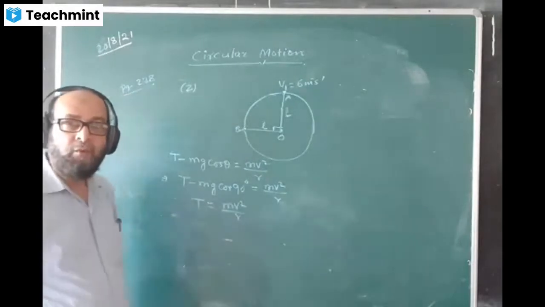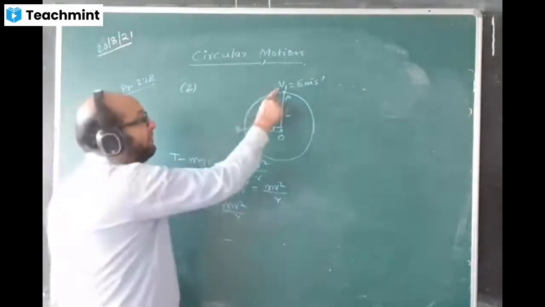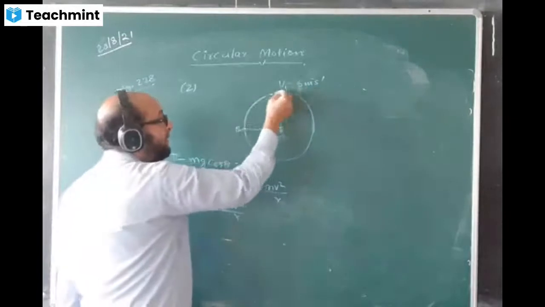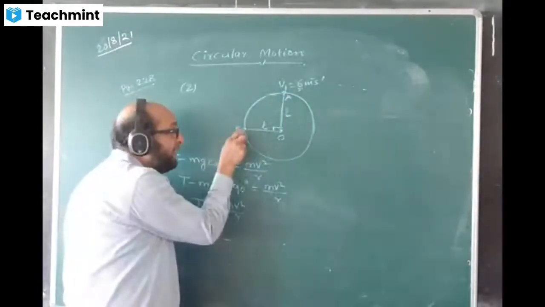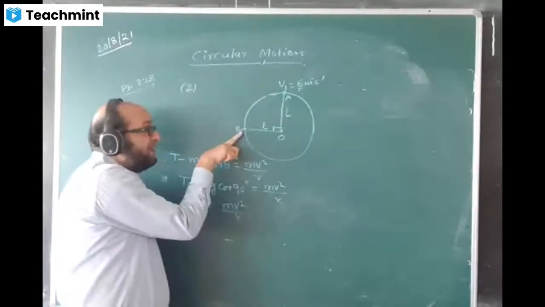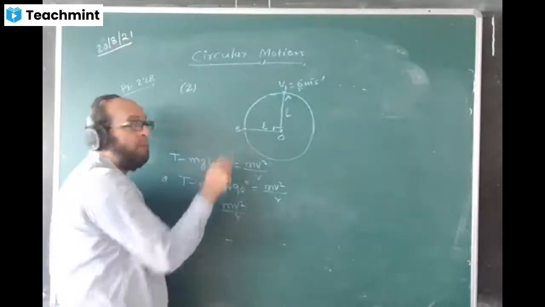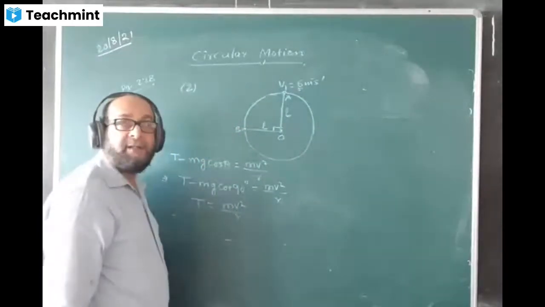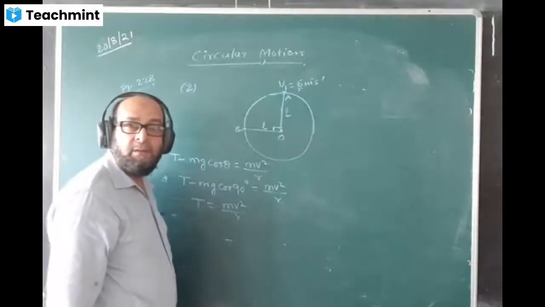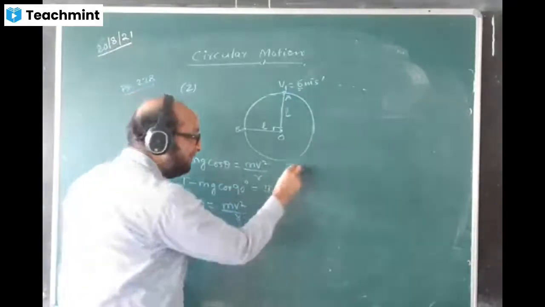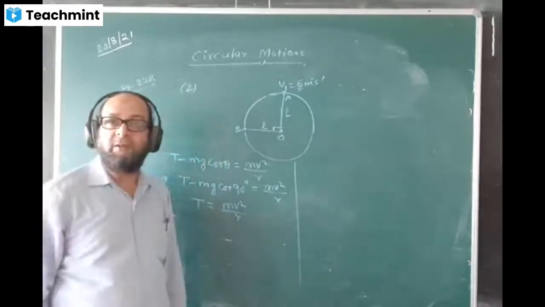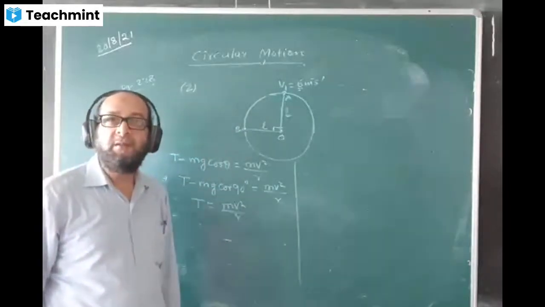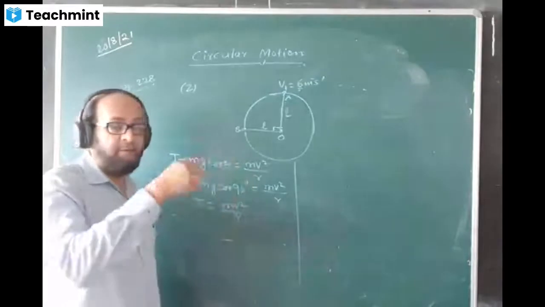No, you don't know. V1 value, velocity at this point, is 6. It won't be the same. It will keep varying. You have to find the velocity here, because you are finding tension at this point. You cannot take the same value of velocity. That is why most of the students make a mistake here. They will take the same value of velocity. The velocity value will keep changing.